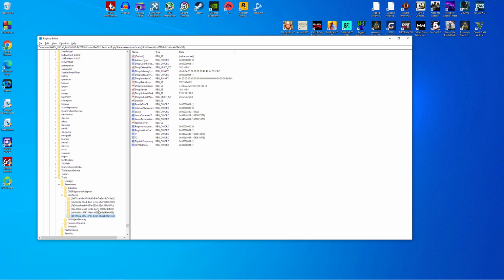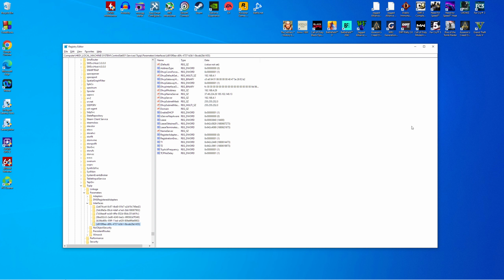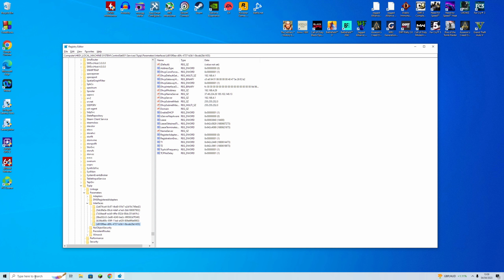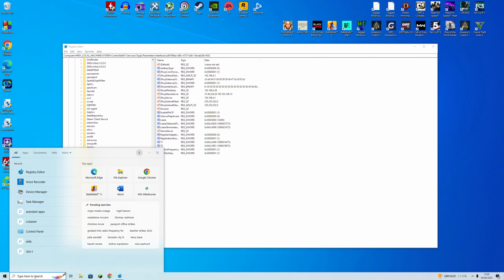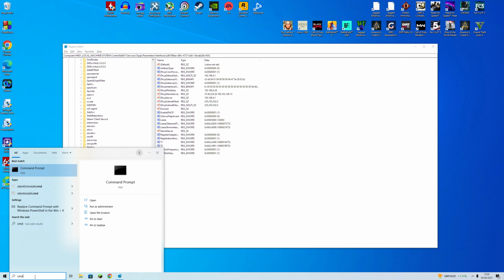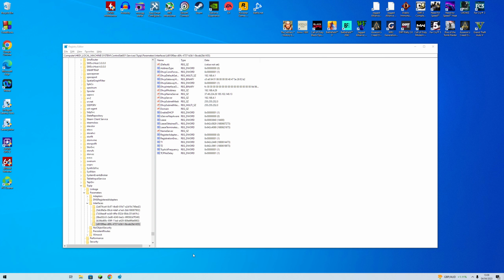And how do you know which one to choose? It's pretty simple, because the one that you want to use is the one with your IP address. And if you know how to quickly find your IP address, well done, you can do it yourself. If someone doesn't know, you simply go to your command prompt, and again, for those who don't know how to do it, just click